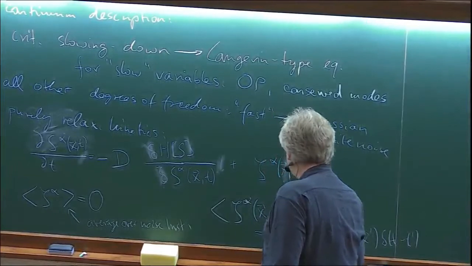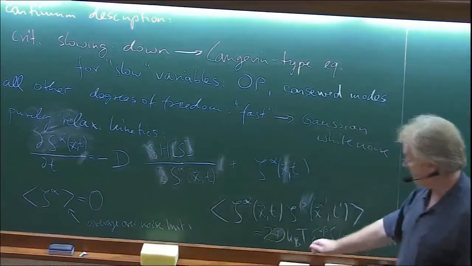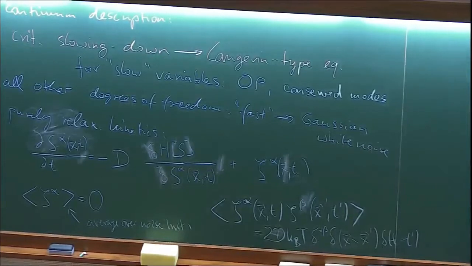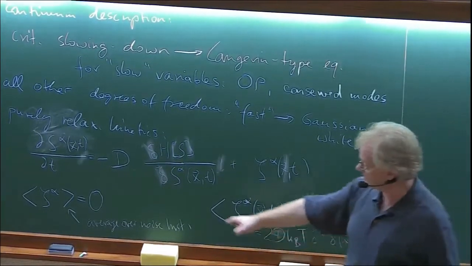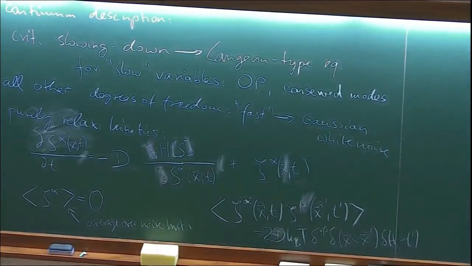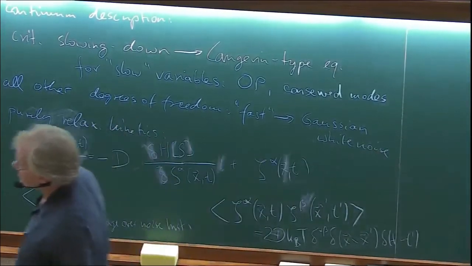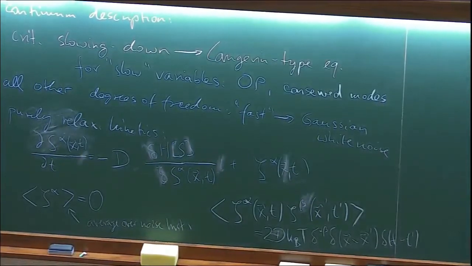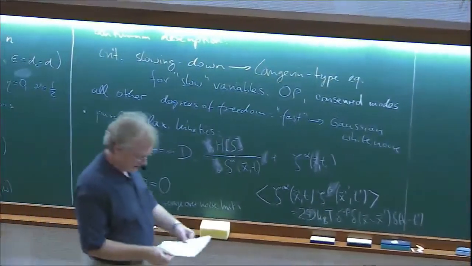And in front here is a noise strength. And I'm going to set the noise strength to twice the dissipation rate and kT. That is because I want the system to be in thermal equilibrium. And I think last week you learned that if you have Brownian motion, the noise strength is related to the relaxation constant by an Einstein relation, if you want the system to relax to thermal equilibrium. You see this by writing down the corresponding Fokker-Planck equation for the associated probability distribution for that stochastic process. And if you want t to infinity to reach this one, you need to have that relation. You've seen this last week, right? We'll also get back to that sometime later, but not today.